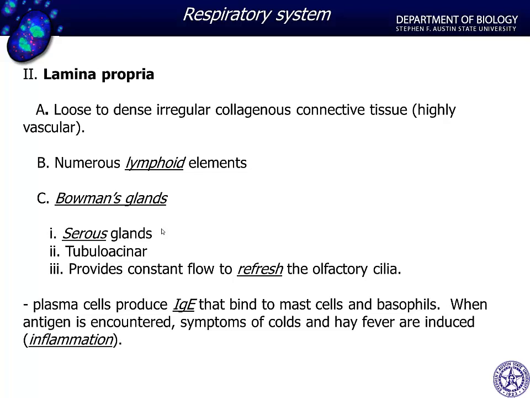Now, in the lamina propria, we also have a lot of plasma cells possibly that produce IgE. And these IgEs binding to the mast cells are going to be the ones that create all the havoc by their secretion of histamines and heparins that cause inflammation, especially in the nasal cavity, which unfortunately I'm experiencing